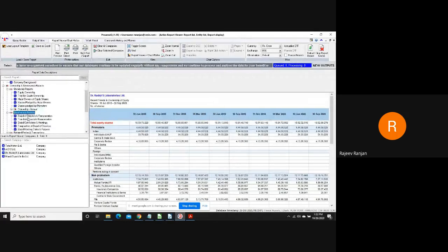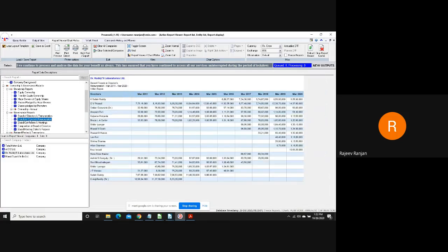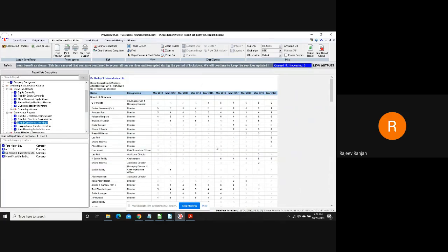If we come down to the governance indicator, we can look at the board of directors and their remuneration. We mention whether there is a resignation date or appointment date of a director, which can be seen through the appointment and resignation. Also, the directorships held by that particular director in other companies are mentioned here. We also mention the trend in the director's remuneration, that is, what has been the trend. Then there are the board committees and meetings, which give you the board committees and the meetings attended by these directors.